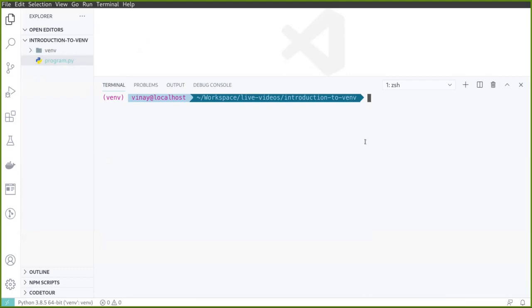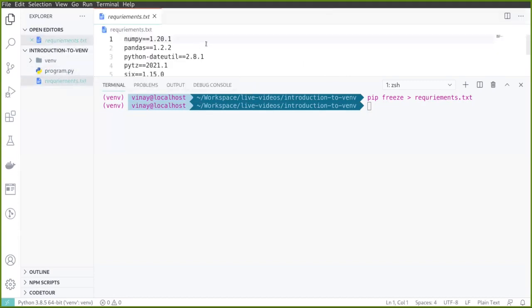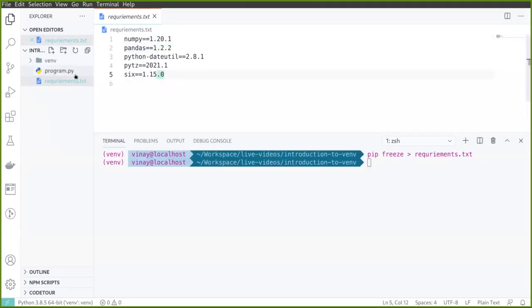How we can do it is by using pip freeze. So the pip freeze command, and we just output it as a requirements.txt file. Now you can see that there is this requirements.txt file wherein all the packages required to run this particular code are mentioned with the specified versions.